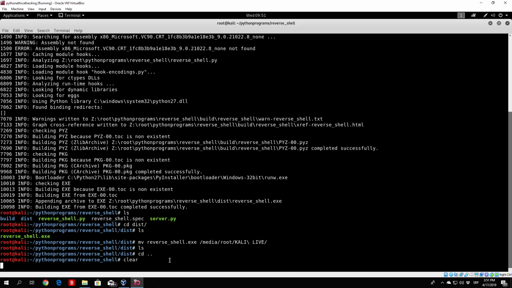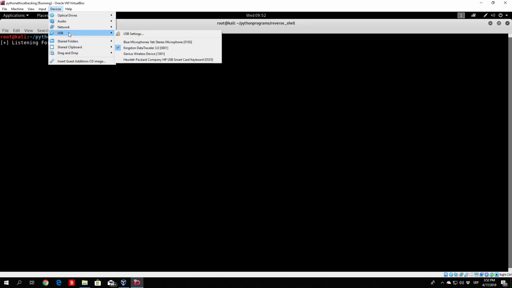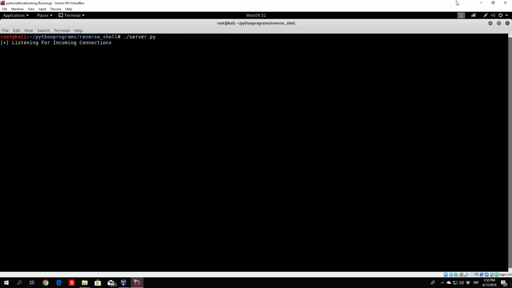And what you can do right now is delete all of this that you got during the compilation. So we can delete the build directory with rm -r, we can delete the dist directory with rm -r, and we can delete the reverse_shell.spec. All we need to do right now is run the actual server.py, and we can now eject our USB drive,